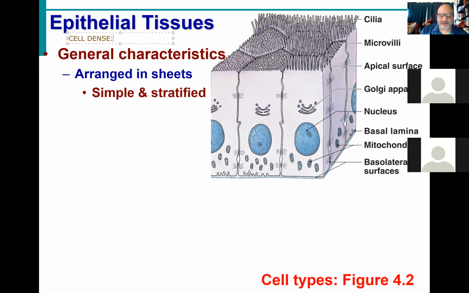Because of this, they typically have lots of cell junctions because there are so many cells packed very tight and closely together. And remember, as we also talked about, that is a good thing because our epithelial cells